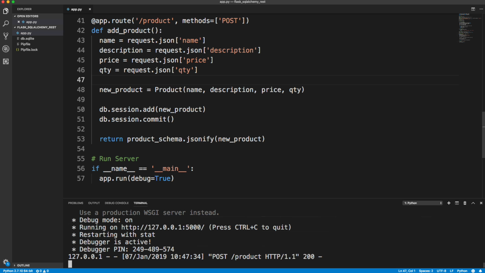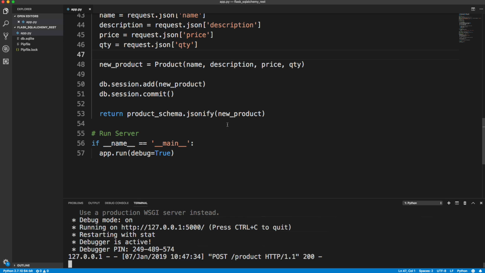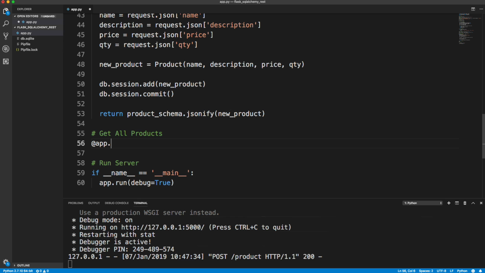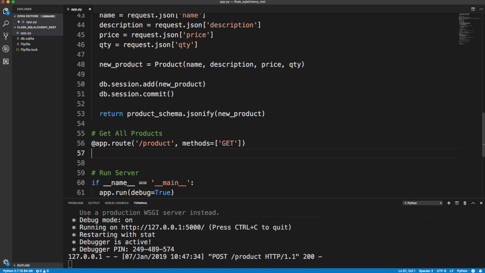So now we're going to go back and create our next route, which is going to be to fetch all products. So down here, we'll say get all products. So again, we need a route. So app.route, and the route is actually going to be the same as the one we just did. It's going to be /product, except the methods, it's going to be a GET request. Okay, and then we're going to create a function. So we'll define a function called get_products,